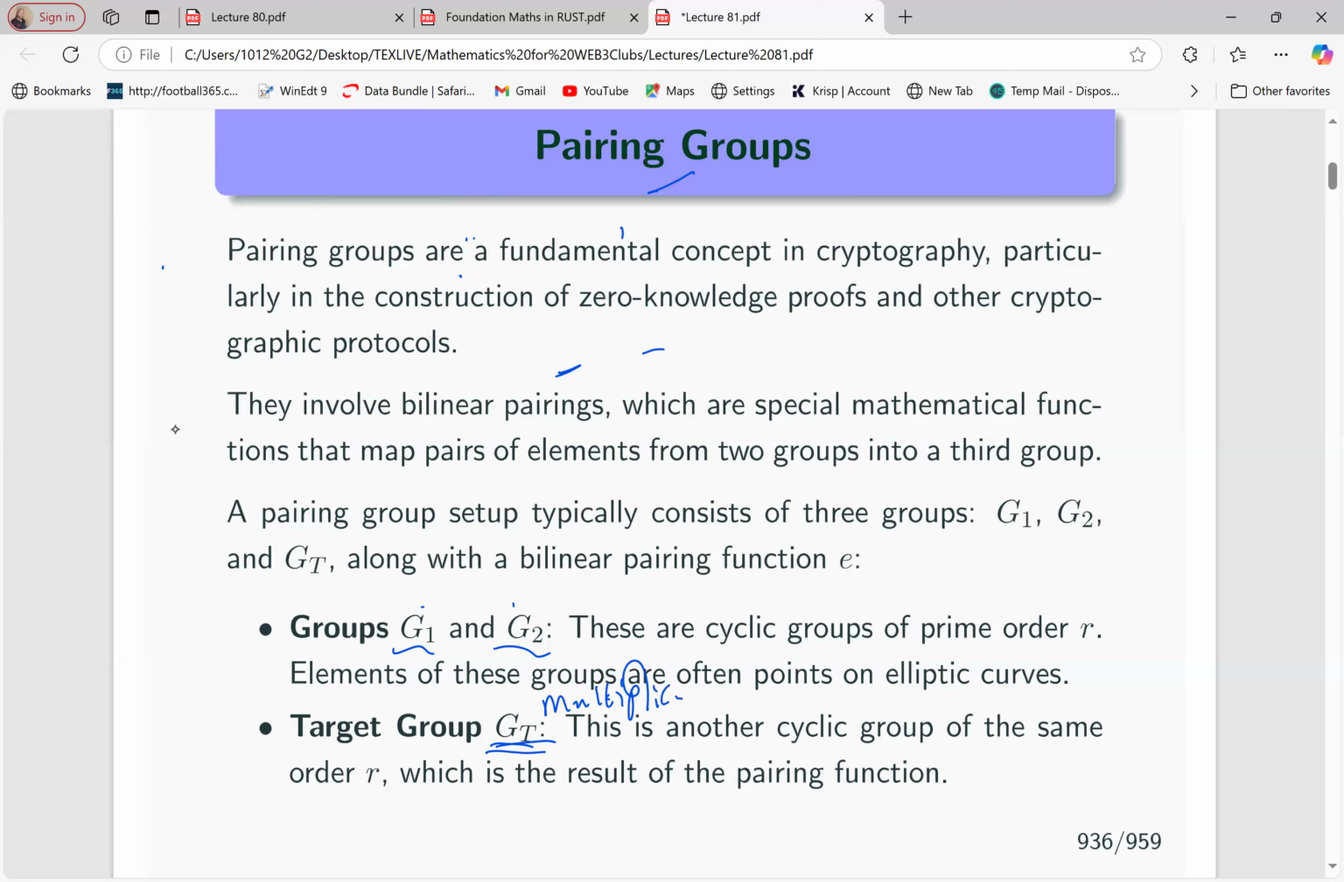By multiplicative group, I mean the identity element here will be 1, and here, of course, will be 0. That is for the purposes of writing the code. For the purposes of writing the code, the identity element here is 1, and the identity element here is 0. But of course, the identity element is always denoted by